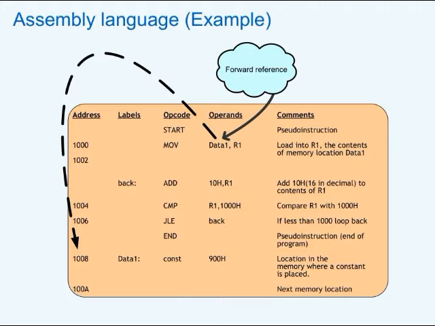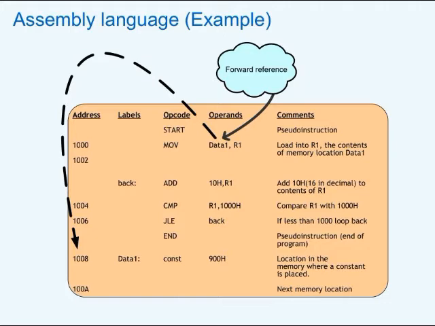So from where to where is told in this particular column called the operand column, where it is set as data 1, R1. Now data 1 is what? It is referring to a memory location which is right now not available when the program is getting scanned. So here the arrow shows that somewhere it is referring to a memory location which is coming later on. So this kind of reference is known as forward reference, which needs to be found out later on as the program is getting scanned by the assembler.